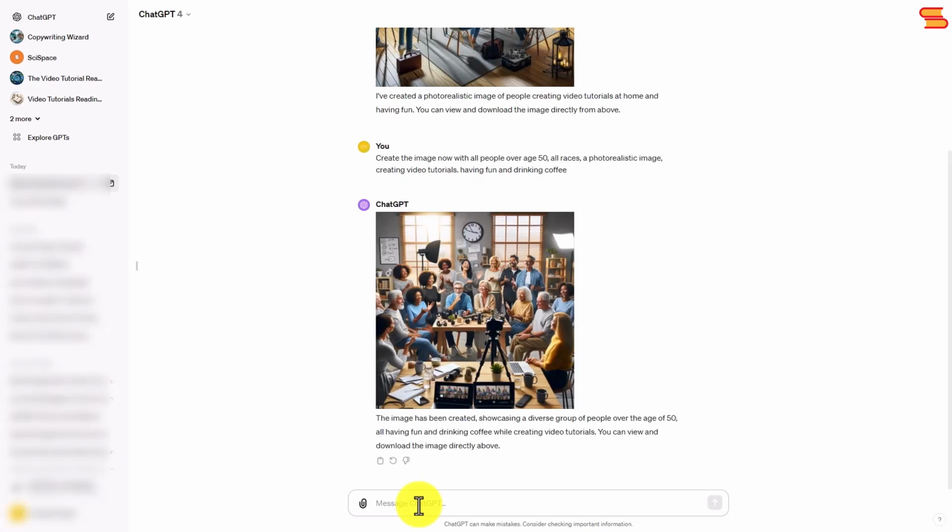So as you can see, you can work within a ChatGPT conversation, and you can attempt to create images in the way in which you want. You can combine this with having your custom instructions set the way you want them so that the images will be created within the